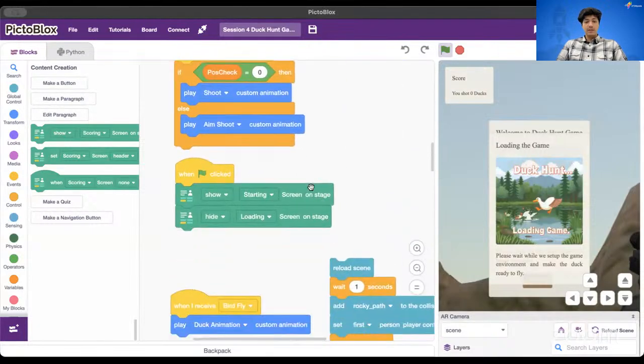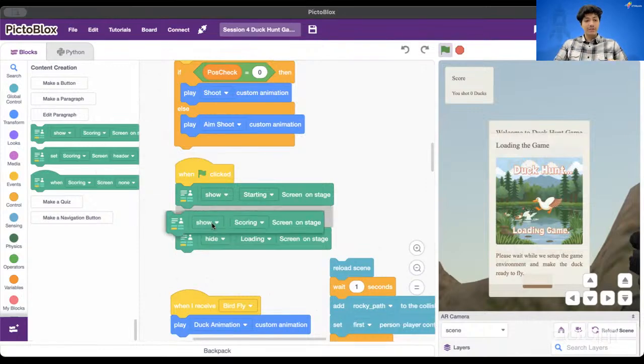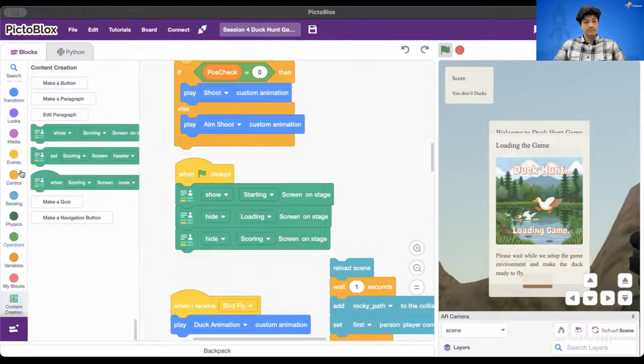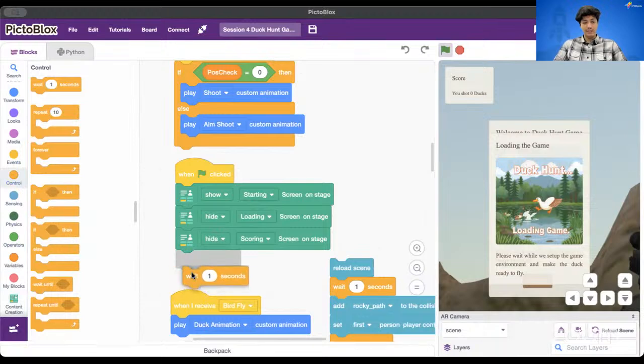Okay. Then, of course, when the starting screen is showing up. So when the game starts, it doesn't show loading. When the game starts, it doesn't show the scoring screen. So therefore, whenever I'm pressing on the green flag, I want to show the starting screen and hide the scoring and loading screen. After this, I want to wait for one particular second and then